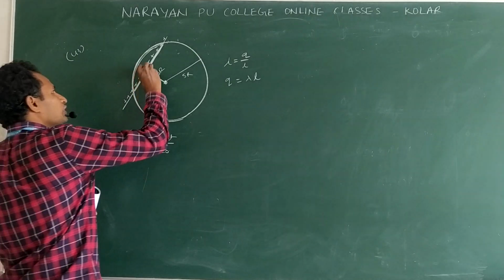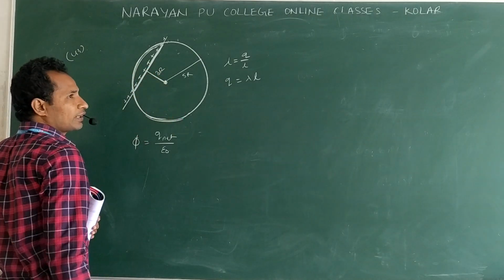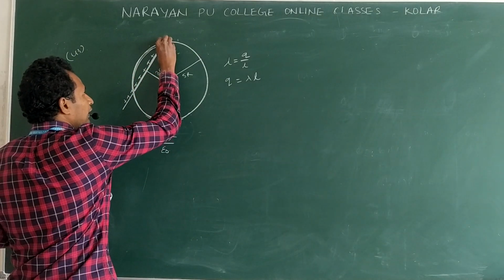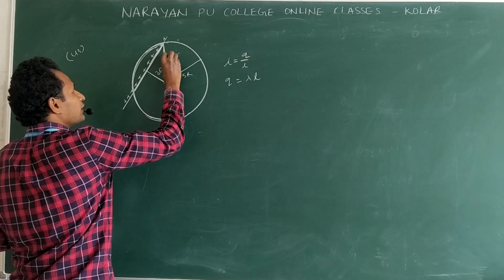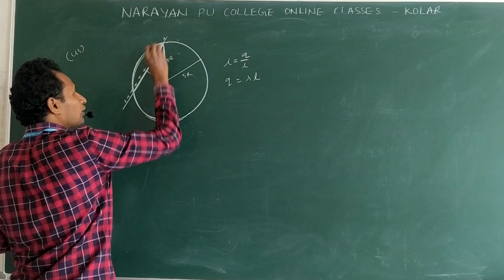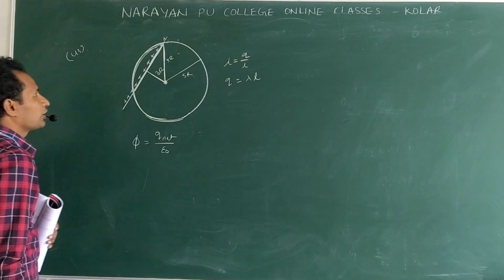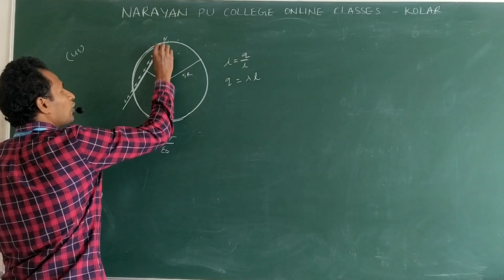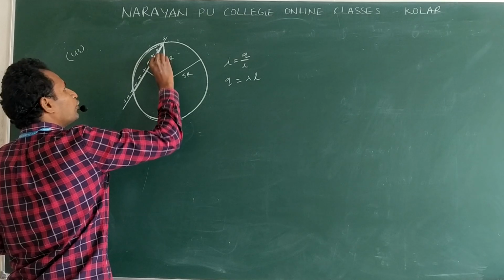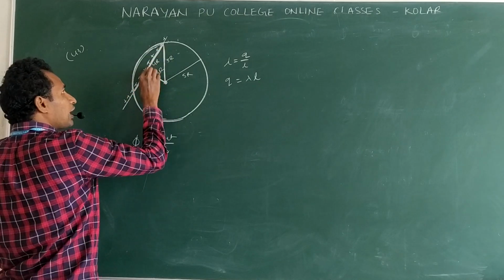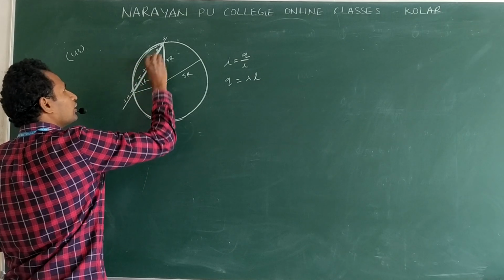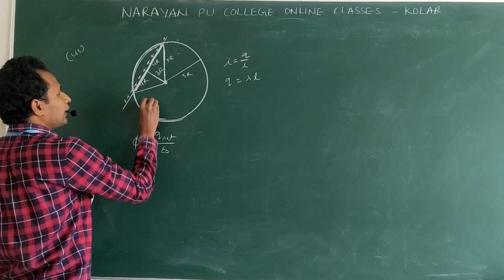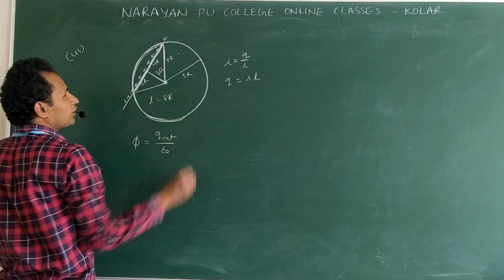Clear? So this is the perpendicular line, 3r. If you draw a line, this is also a radius. The radius remains the same everywhere if you draw from surface to center. This is 3r, this is 5r. Obviously this distance will be 4r. And we have half of the distance, and the remaining half also will be 4r. The total length will be L is equal to 8r.